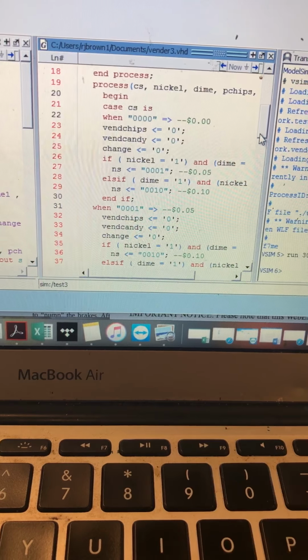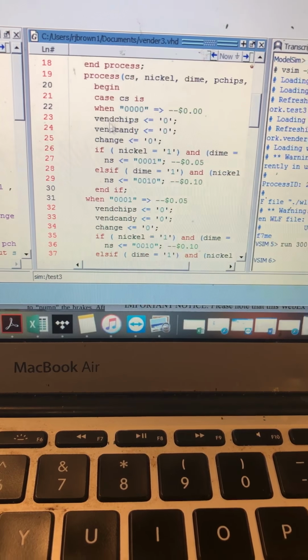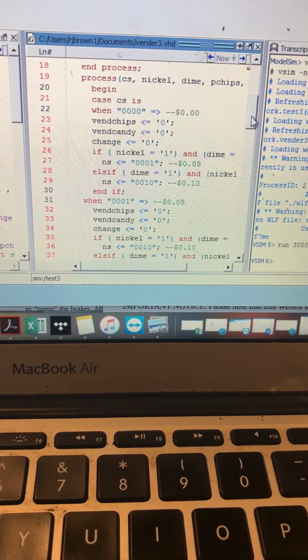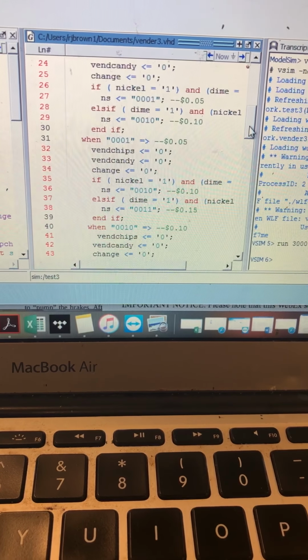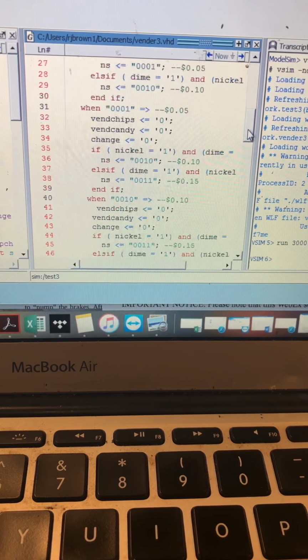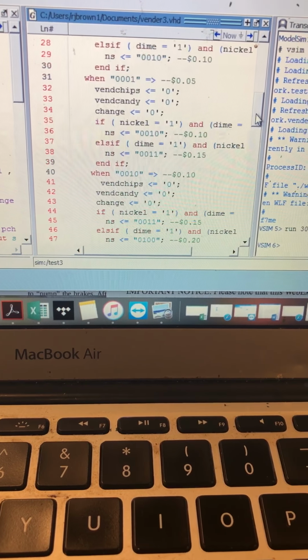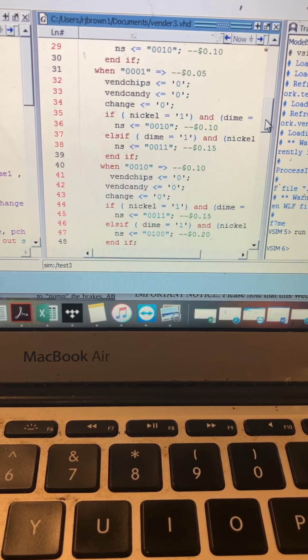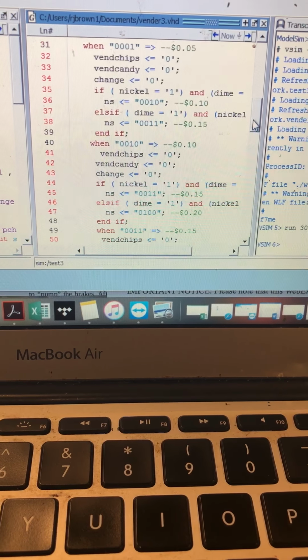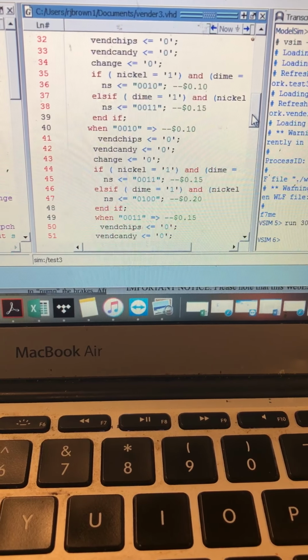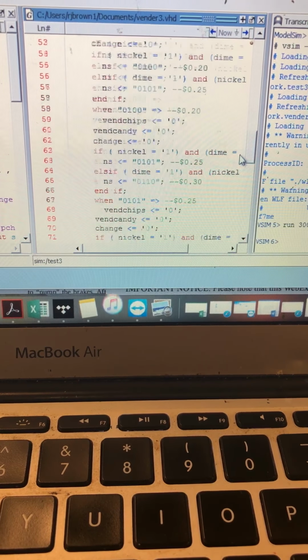In state 0, that means we have 0 cents. Vend chips, vend candy, and change will be equal to 0. If we receive a nickel, then we'll go to the 5 cent state. If we receive a dime, it'll go to the 10 cent state. If we're in state 1, which is 5 cents, vend chips, vend candy, and change are still 0. If we receive a nickel, we'll go to the 10 cent state, and if we receive a dime, we'll go to the 15 cent state. And that pattern will continue on until we go to